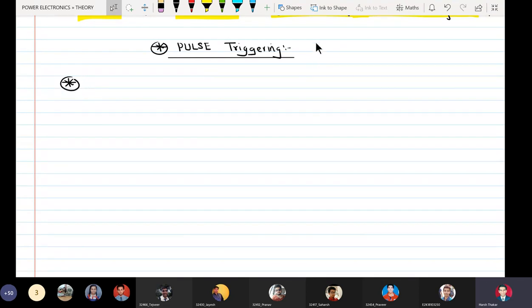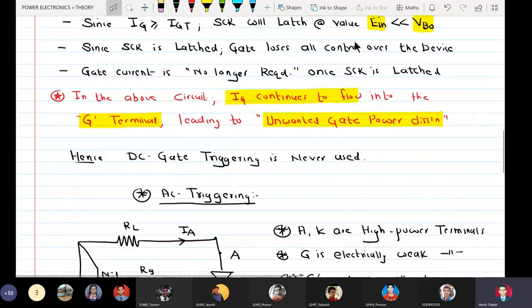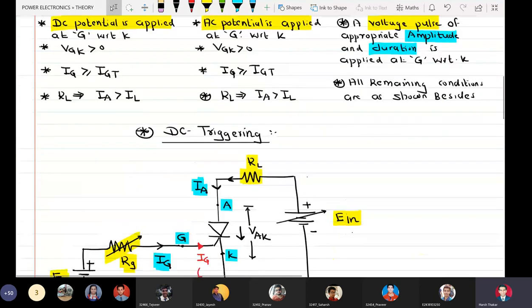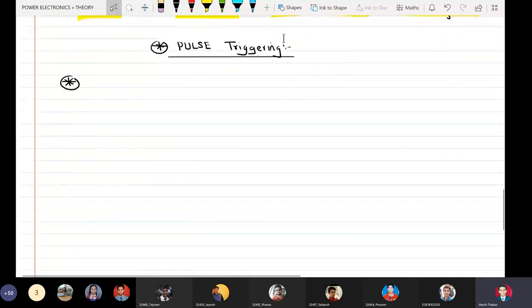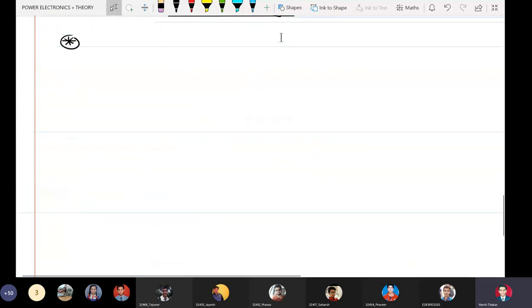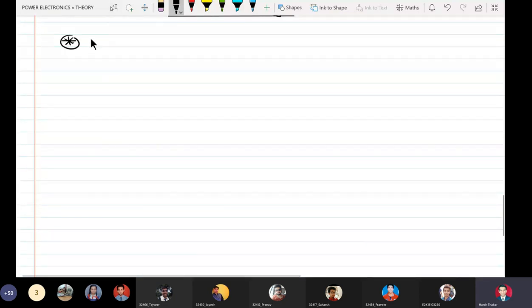Now I had made a comment here that in pulse triggering a pulse of appropriate amplitude and duration must be applied. Now why I say appropriate amplitude is, see here that SCR is a charge coupled device.